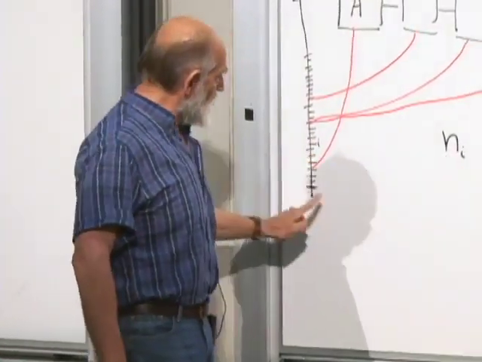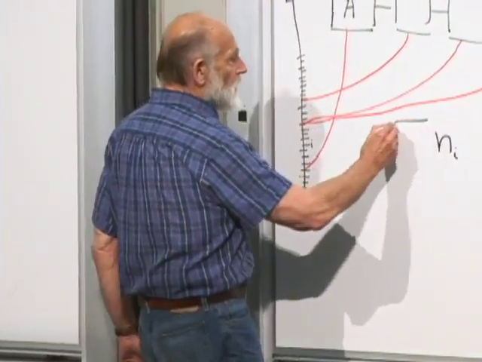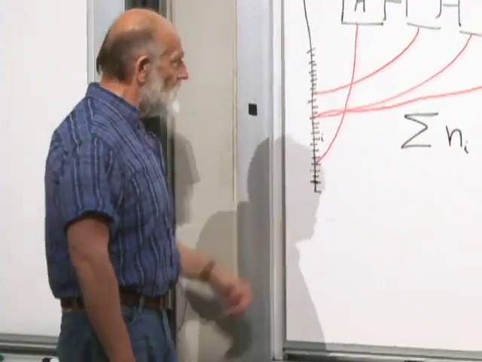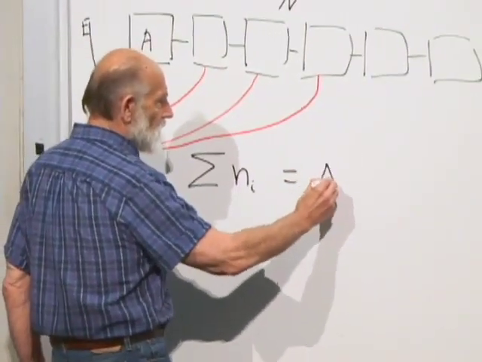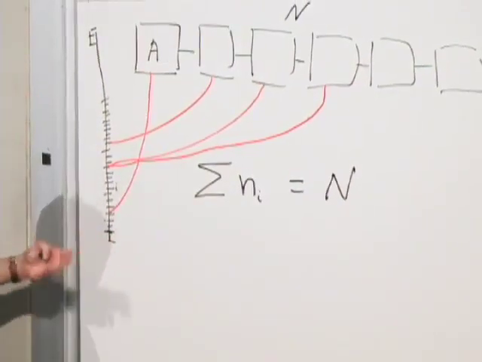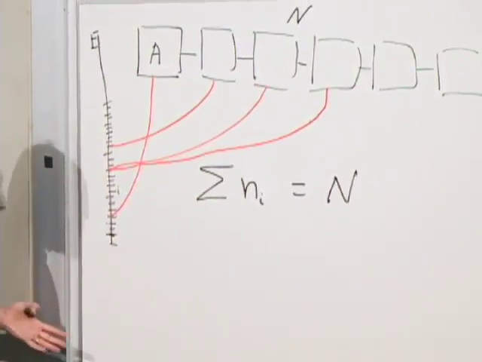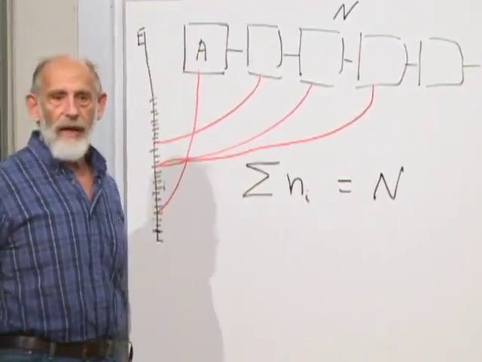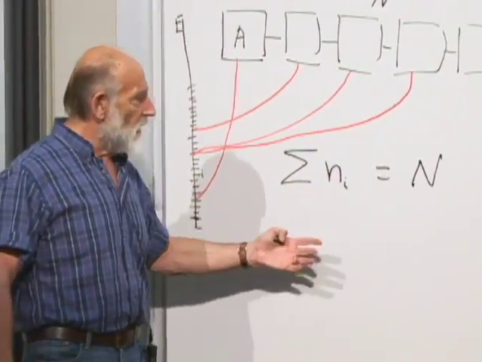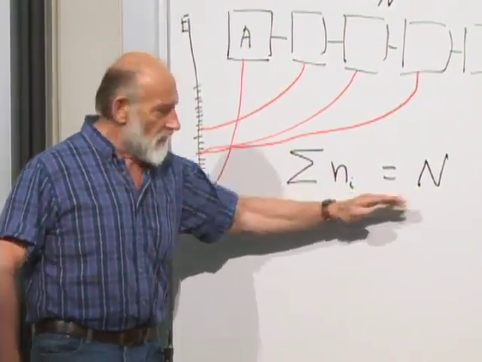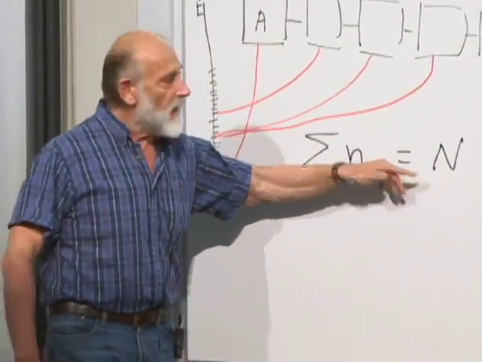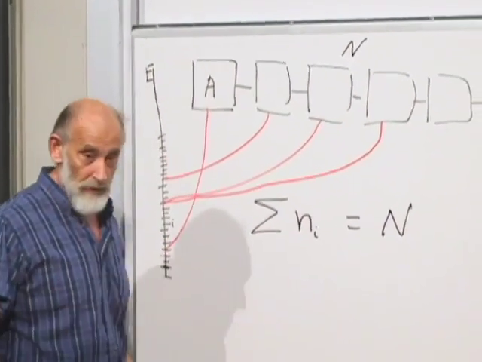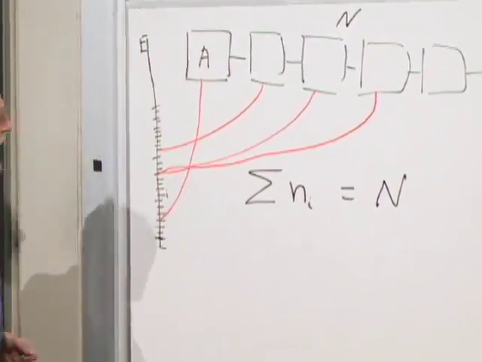This is the number of boxes in the ith state, and so it must be the case that the sum over I of n sub I must equal the total number of boxes. The number of boxes in the first state, plus the number of boxes in the second state, and so forth and so on, must altogether add up to N. And obviously, since N is bounded, none of these n sub i's can be bigger than N, and that means most of the states must be unoccupied. Most of the little n's must be 0. But that's okay, nevertheless.